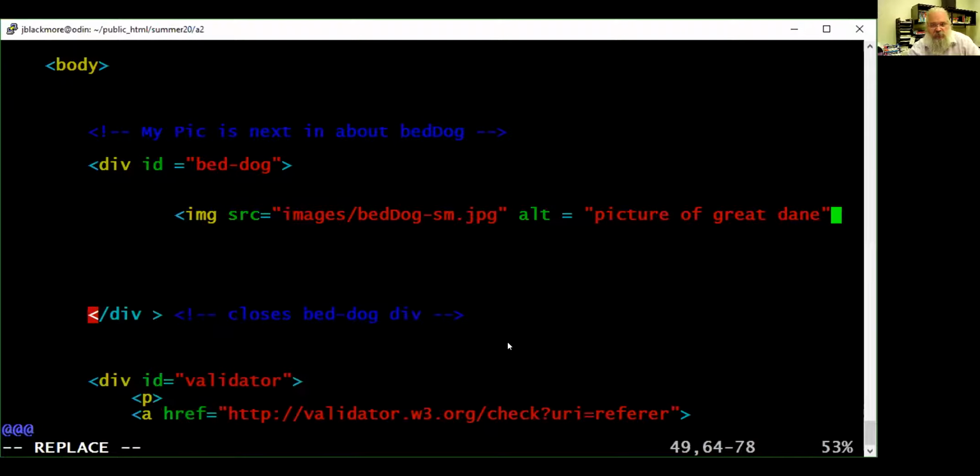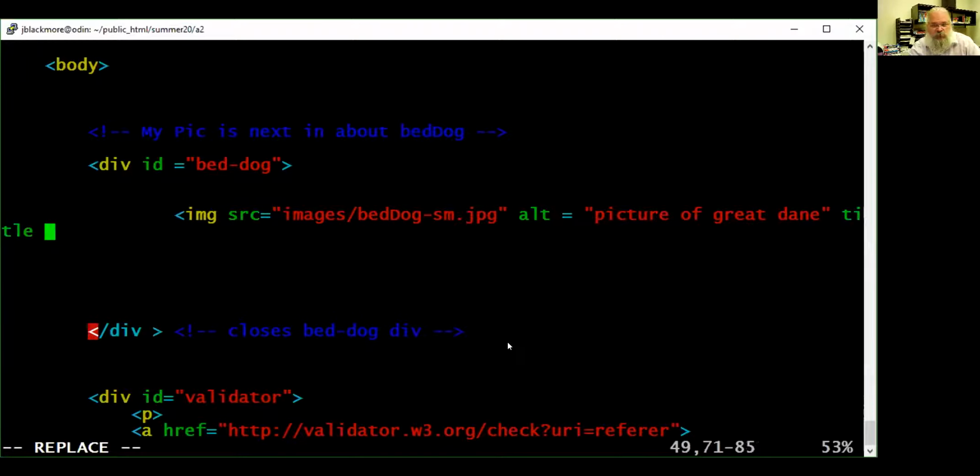That's good enough. Now, we went over this, I think, last time, but we can also use, it's not required, but we can also use a title, which will pop out that tooltip. So title equals Great